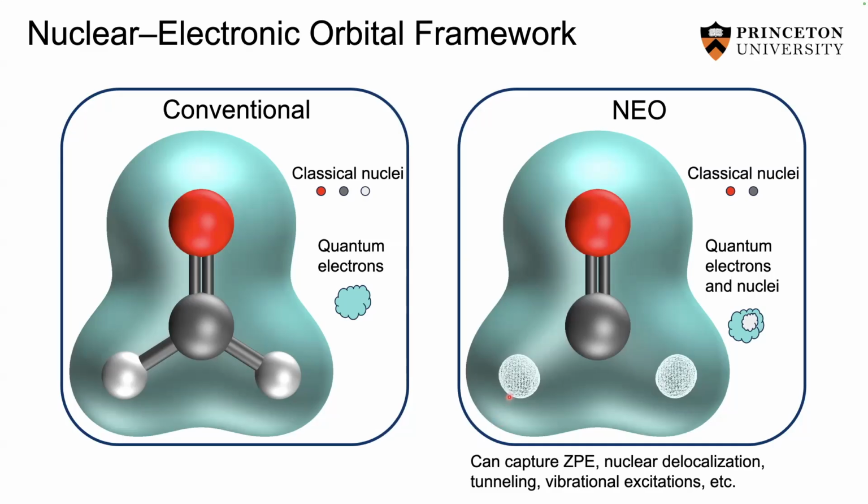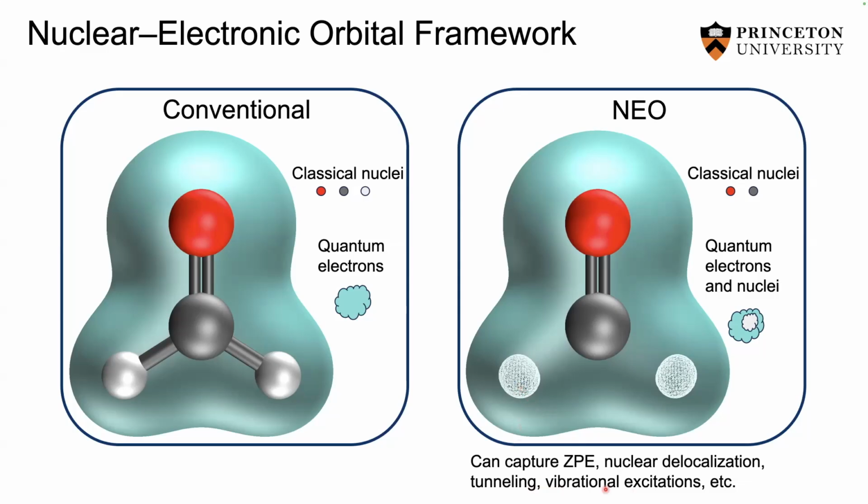And so in this framework, we can capture several important nuclear quantum effects. One of the ones that I think is important to a lot of people in the electronic structure world is the zero-point energy correction. So we capture the zero-point energy correction within just a single calculation. We also capture the delocalization of the nuclear wave function. And then we can also capture tunneling in something like a proton transfer reaction. And if we do some kind of excited state method, we can also capture vibrational excitations, all within a single